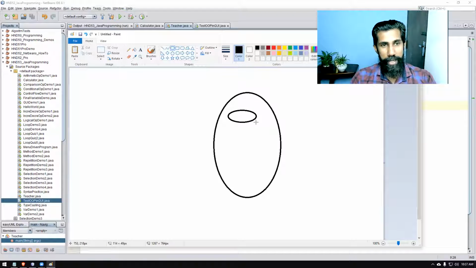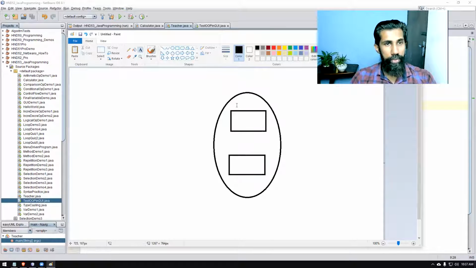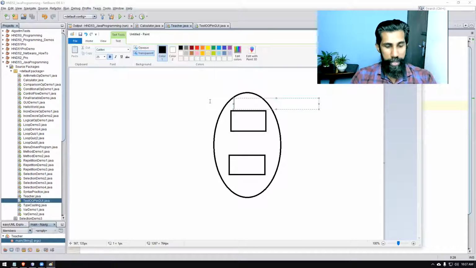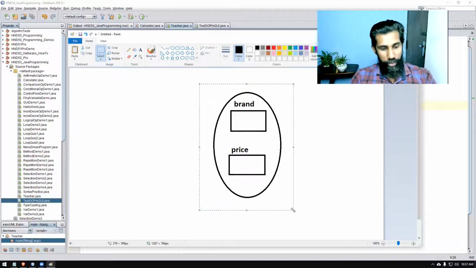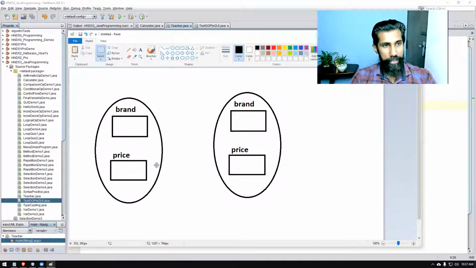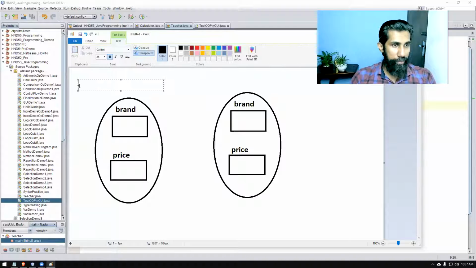What are the two data it has? It has the brand and it has the price. So those things will be defined here. Brand and price will be defined here. Okay, this is one object that we have created. We can create another object, right? We can create two objects, cal1, cal2. Let's call this one cal1 and this is cal2, right?